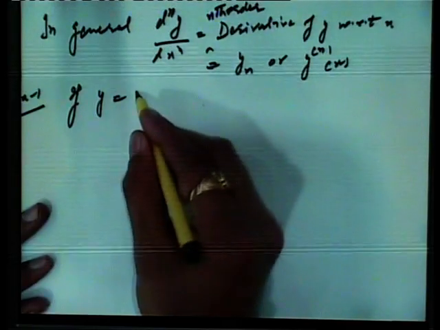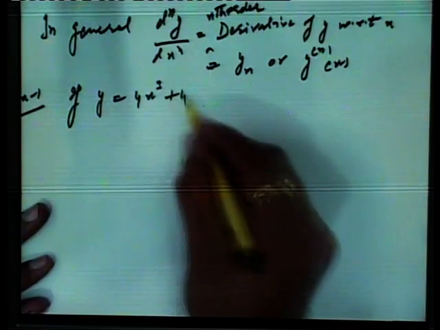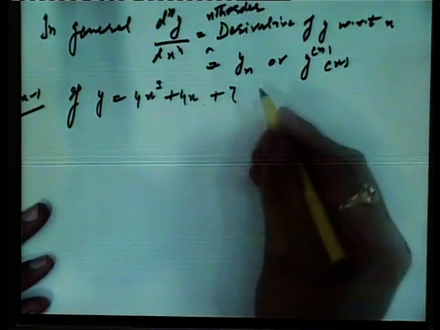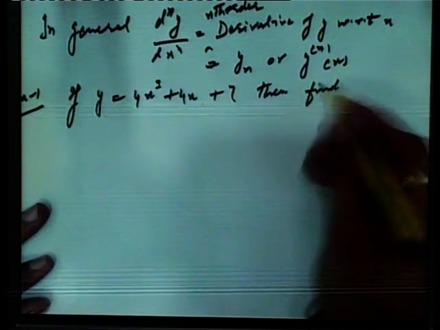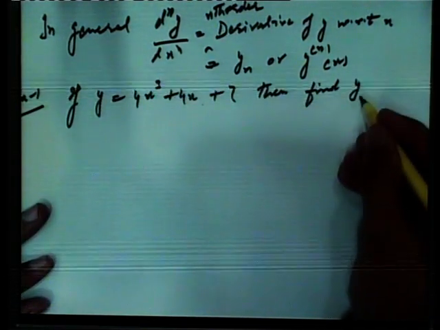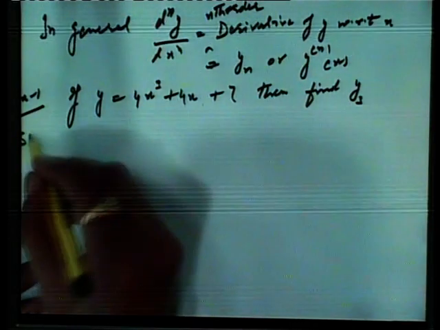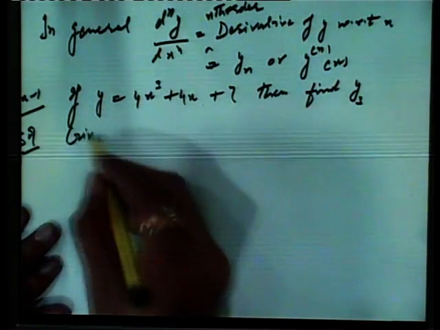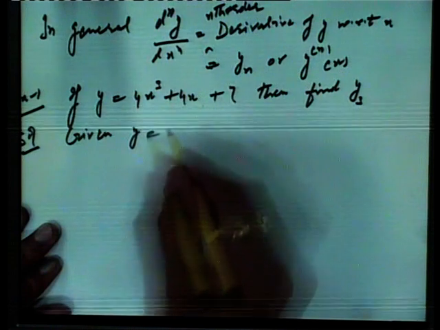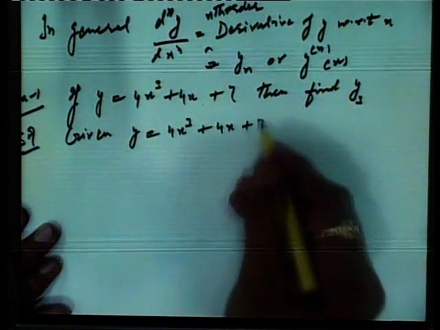If y is equal to 4x cube plus 4x plus 7, then find y3. Solution. Now, given y is equal to 4x cube plus 4x plus 7,